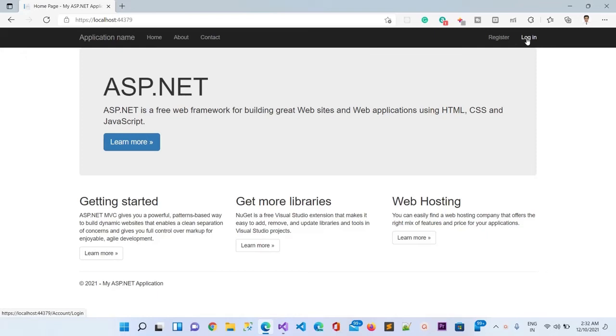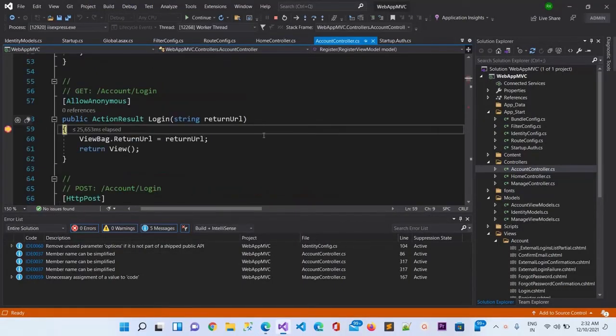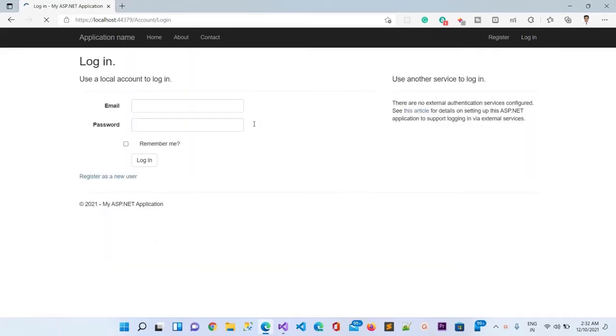Again let me click here on login, and I can register now. Okay, here it is the login get method. So we have reached here, and let me enter the credential that I have just registered.